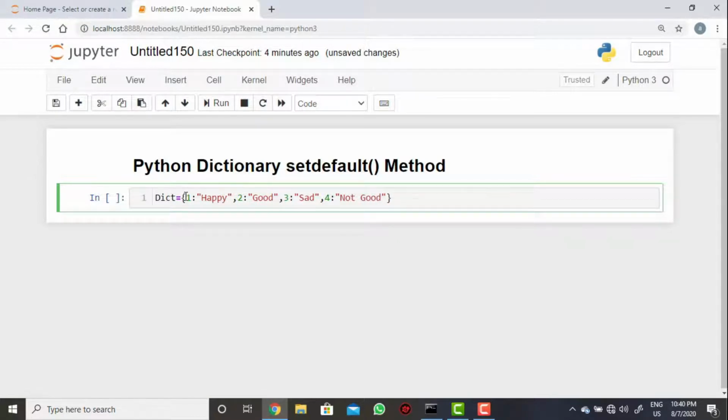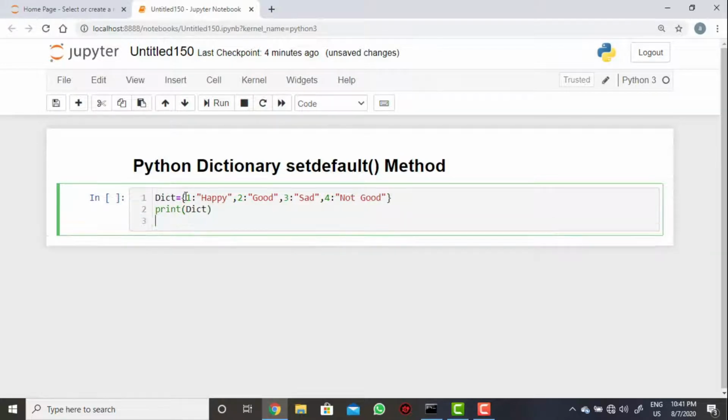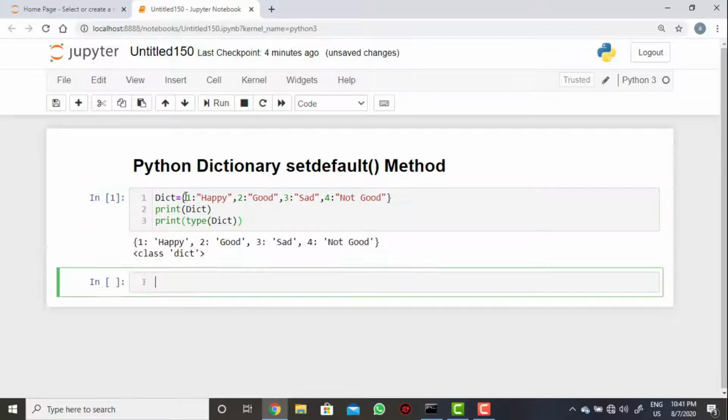So I have a dictionary like this. So print of dict, print of type of dict here. So this is the standard approach that we use to create a dictionary data structure.